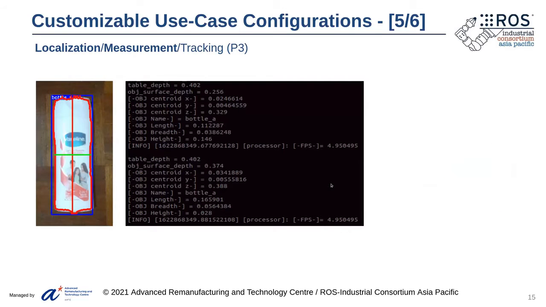And finally, this is localization, measurement, and tracking, where it's relegated to precision level 3 models, and therefore you see the specific mask that goes around, let's say, this kind of shampoo bottle that you see quite often in a lot of industrial use cases. And it outputs the calculated centroid, and the estimated length, breadth, and height for the measurement. And then for the tracking part,